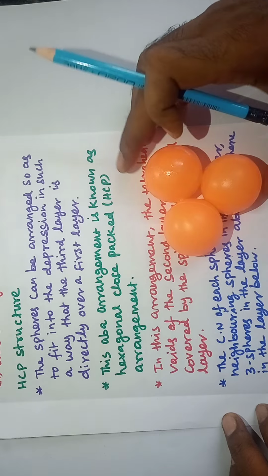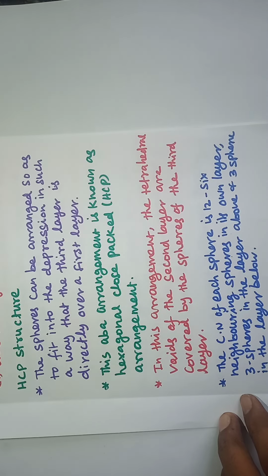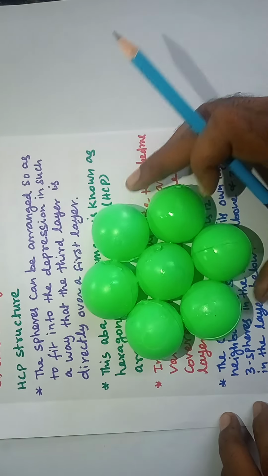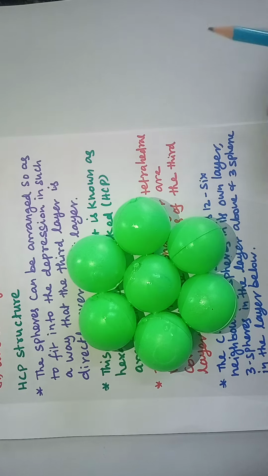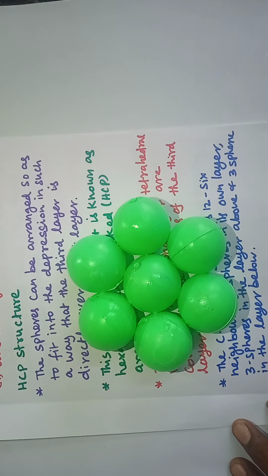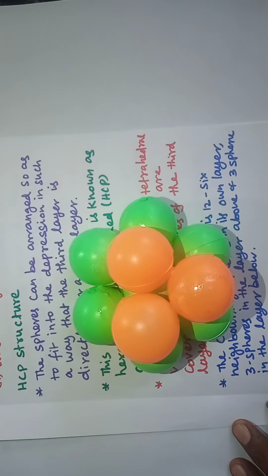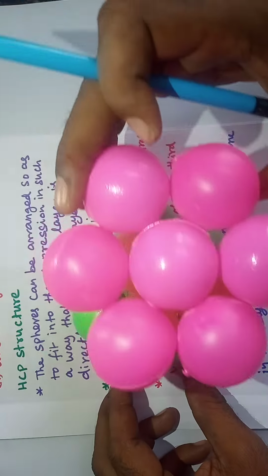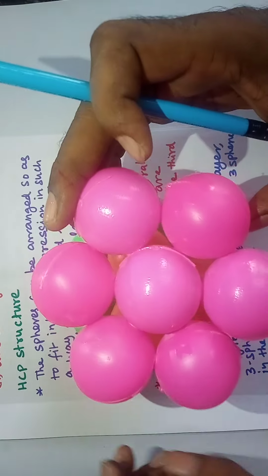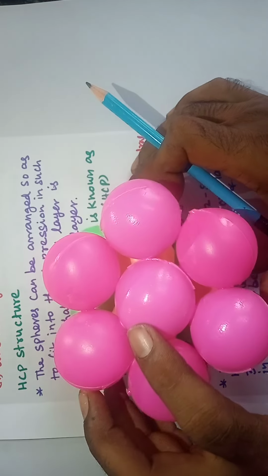This is layer A. We place the second layer in the depression of the first layer. The third layer sits directly over the first layer, directly on top of the first layer. So in this way we get